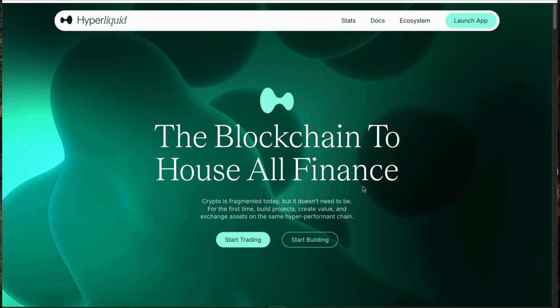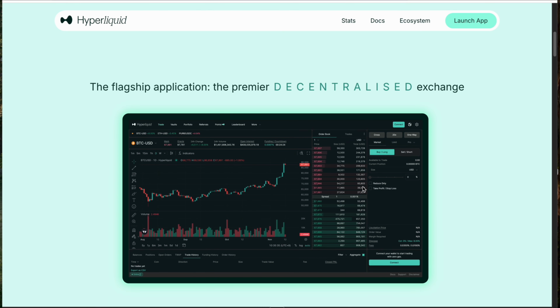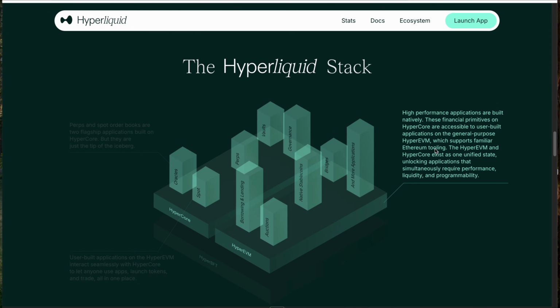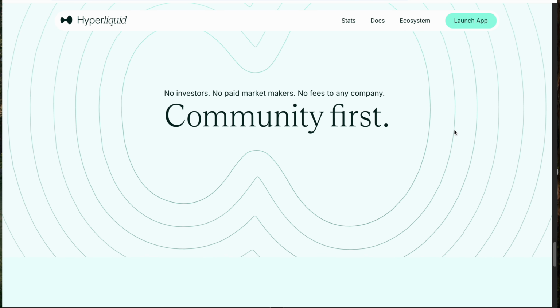If you're confused on how to use Hyperliquid and just want a quick, no-nonsense tutorial, this video is going to walk you through everything you need to know about this platform. So we're going to go through how to connect your wallet, how to open long and short positions, what the fees and risks are, and what to look out for so you can get started trading perps on a decentralized